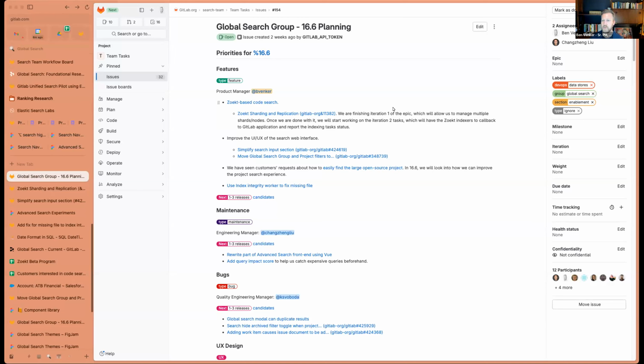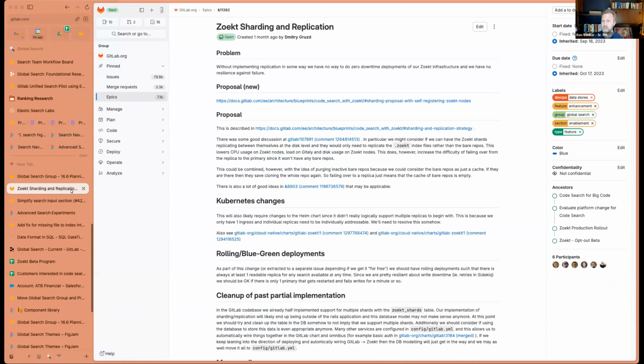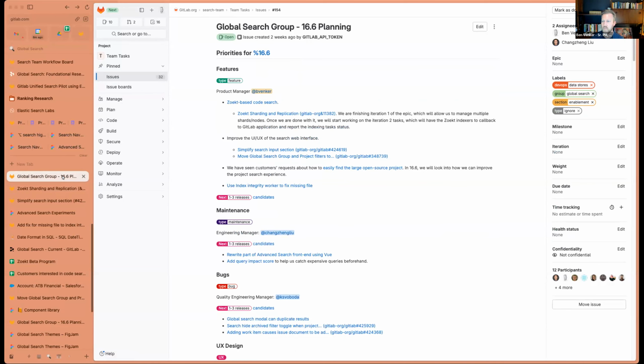So let's go through what we've got on deck for this release, or this milestone. First, we'll be continuing our work on Zoekt code search. We've got sharding and replication work that's going to work on communicating to the shards that we've got deployed, and then also some work on the second iteration of the high availability work that we're doing, which will have the Zoekt indexers calling back to the GitLab application, so that the GitLab app will know about the indexing task